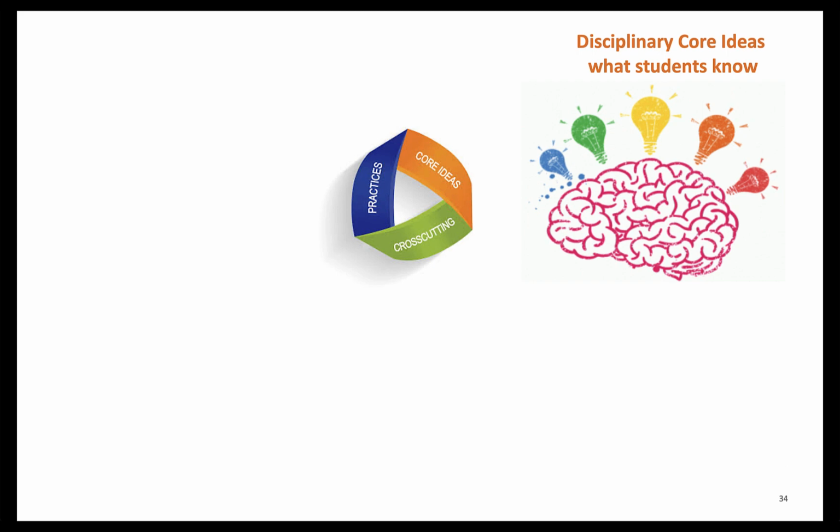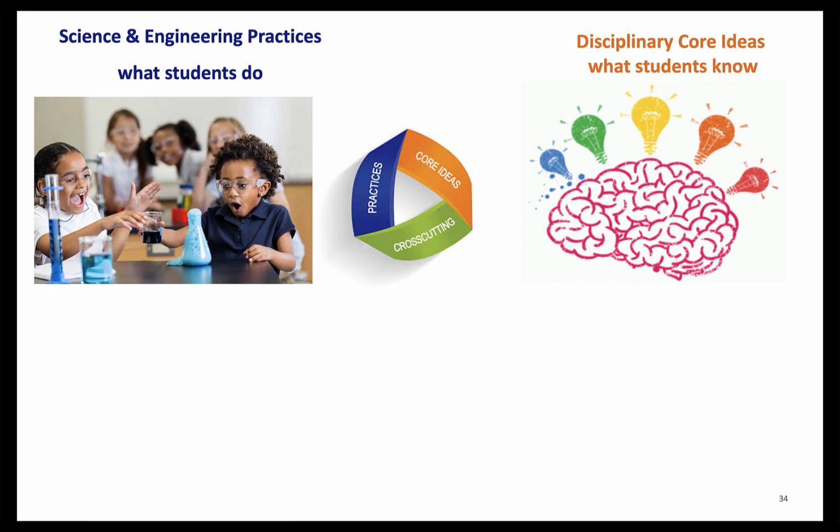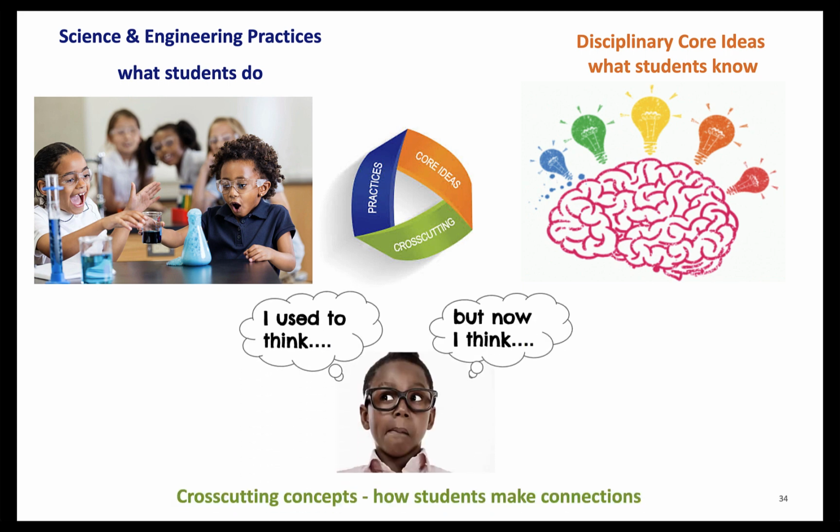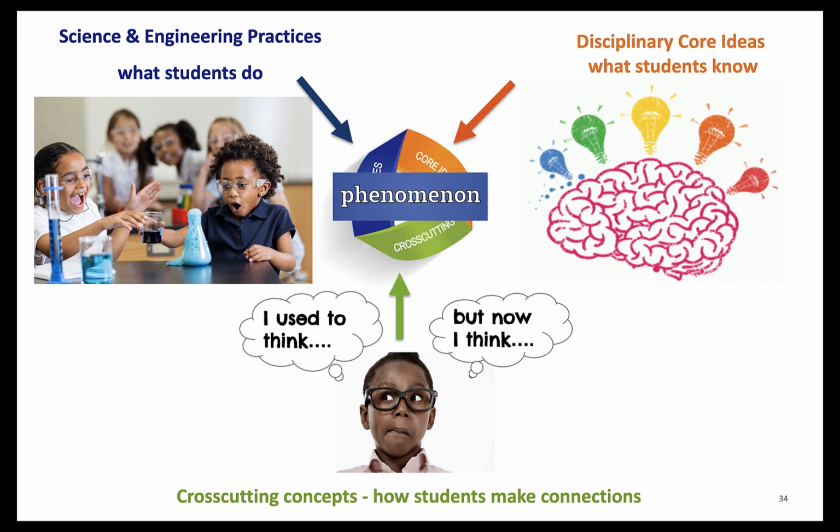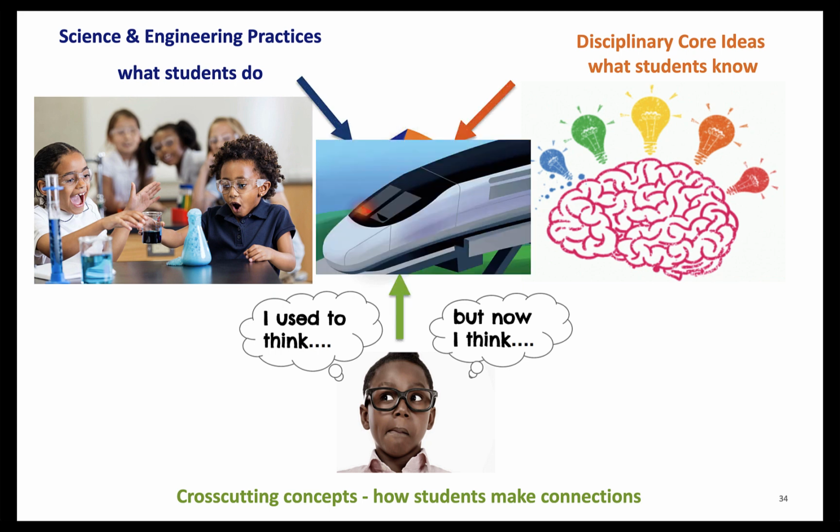We're taking those disciplinary core ideas of earth, life, physical, and engineering and bringing in those 8 science and engineering practices, what we want students to be able to do. And then how do students think? How do they make connections with our cross-cutting concepts? We're going to anchor that for the teacher around a phenomenon, such as a floating train in grade 3 balancing